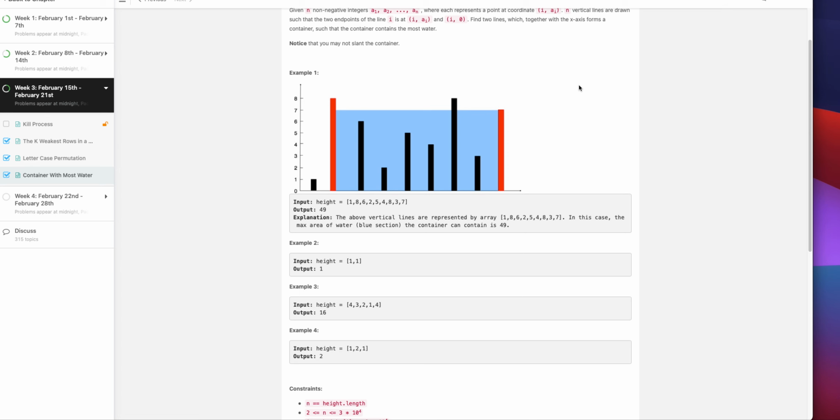The only way it can be bigger is if the height is bigger than the min. The min height between index 1 and 2 is bigger than index 0 and